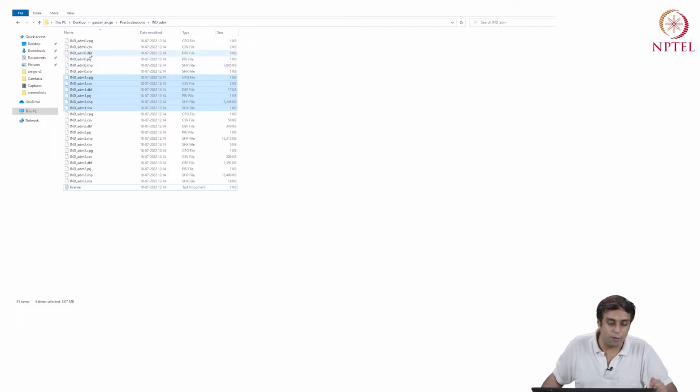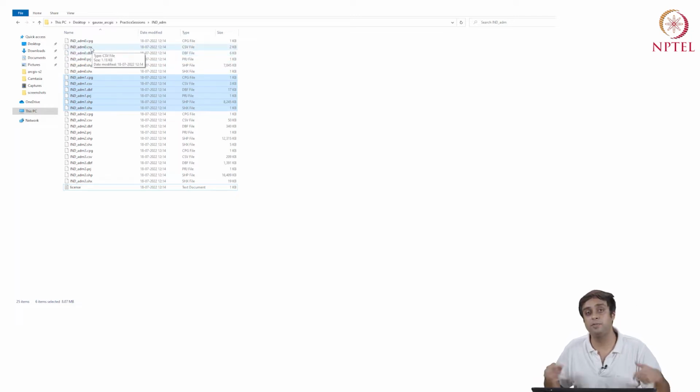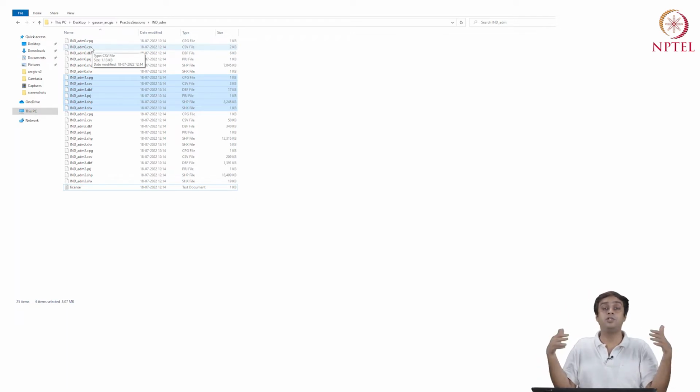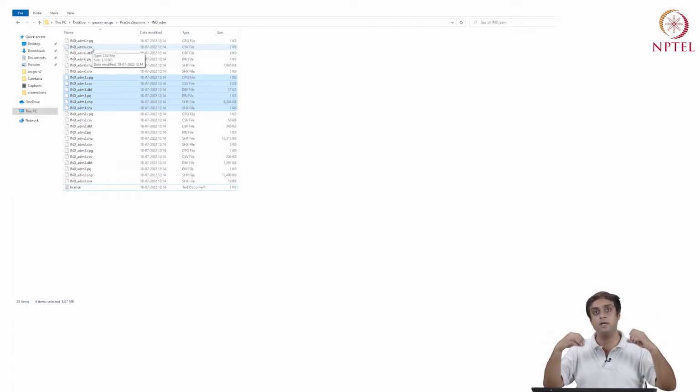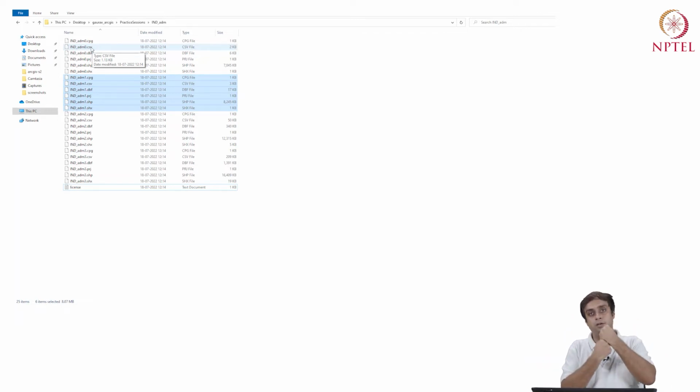Then we also have these files called .dbf and .csv. .csv is something we are used to. .csv looks like a comma separated version. So it's basically something like an Excel sheet where the information is stored in a gridded format. Now, how does that get integrated into a shapefile, which is a visual vector file?